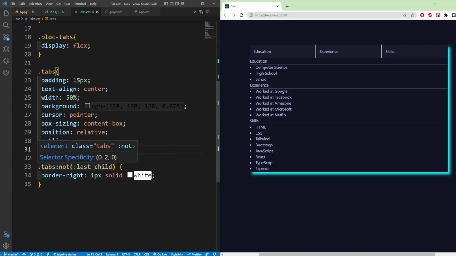So what this means is that apply the properties but not the last child. So last child is this one. So it applied the properties to the other children, but it did not apply the property to the last child, right? So let's just keep it white, and then